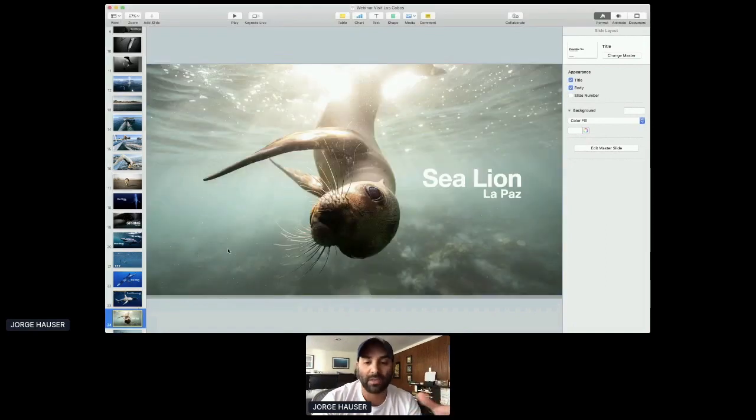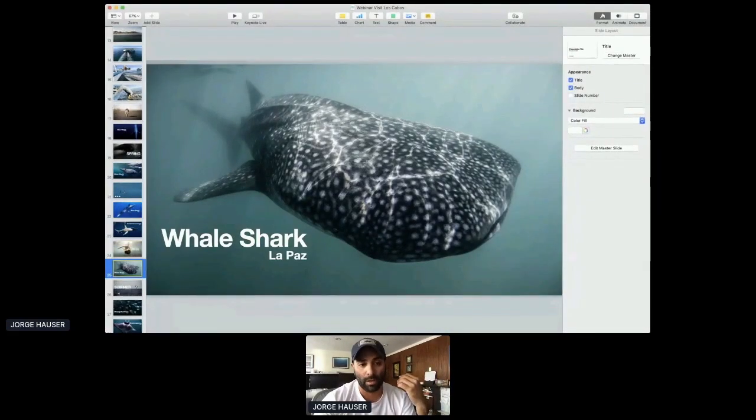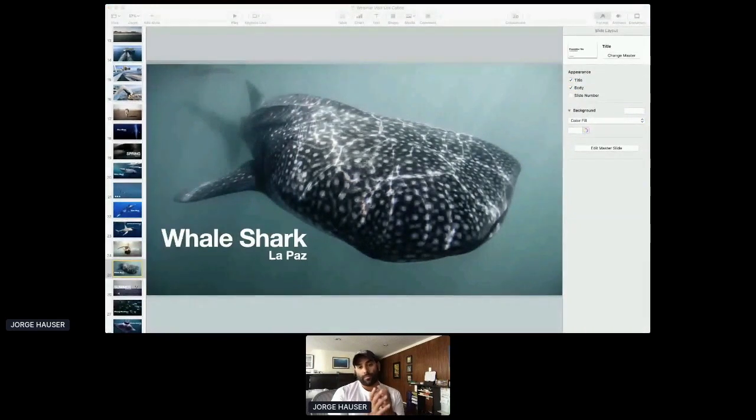Also during the spring is when we have the sea lions in La Paz, and we have the whale sharks in La Paz as well. And all of these ocean safaris, we operate directly. When you want to do air transportation, or move in ATVs between the sand dunes to get from Cabo to Todos Santos or Cabo to Mag Bay, or you want to do a vineyard tour, then that's where the consultant side of the business comes in. But the point is,